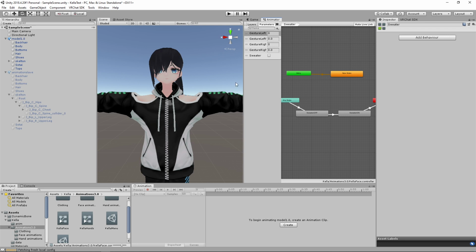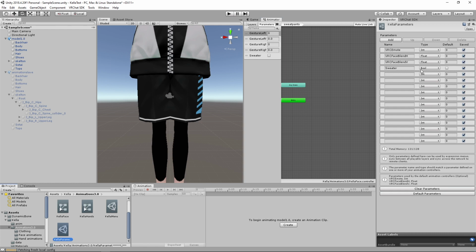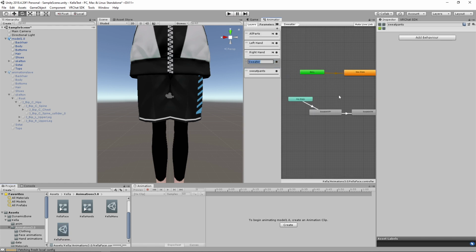So look, like if you wanted to have another toggle to toggle your sweatpants off, right? You could literally go through here, click that, make this sweatpants, whatever. Then you would make sure that you have a new parameter in here called sweatpants, and make sure that inside your parameters menu here is also called sweatpants. It could be bool. And then you would just do the same thing that we did before with this layer right here for sweater. You'd set it up exactly the same way, only difference would be it's called something different,